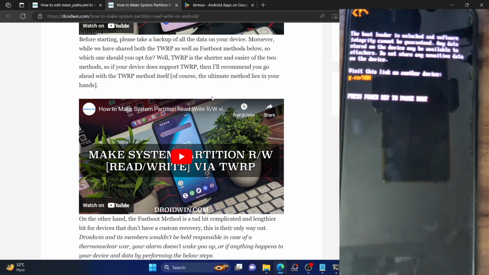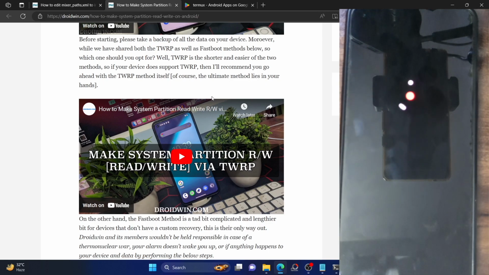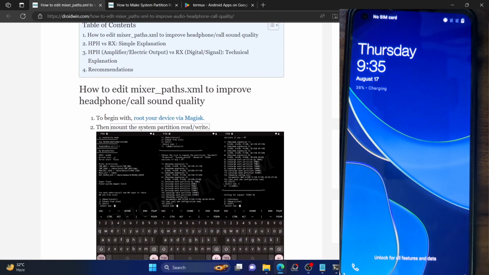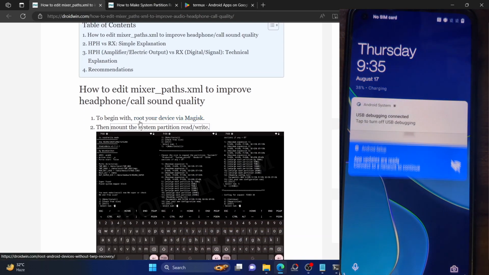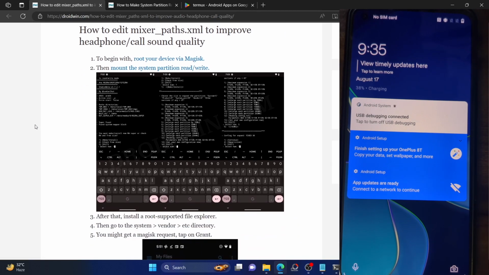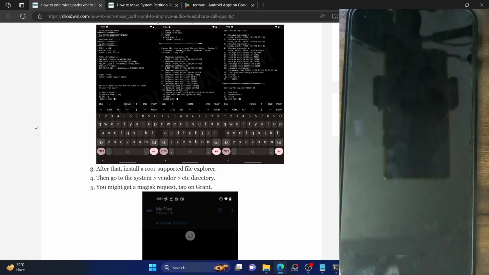So apart from being able to read the file, which you gain even after rooting, you will now be able to write the changes as well. So with that said, we have checkmarked all the requirements. In fact, there were just 2 requirements. First off, you have to root your phone via Magisk, and then you have to mount the system partition RW. So with this we have checkmarked both the requirements, and now let's move ahead and talk about the most important